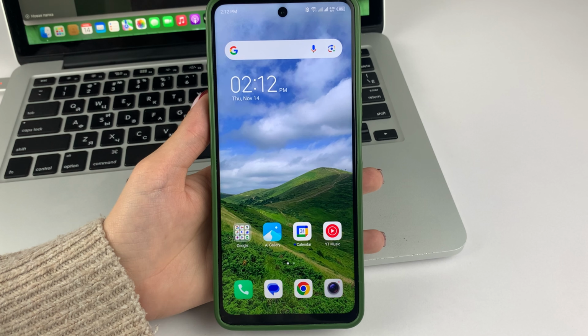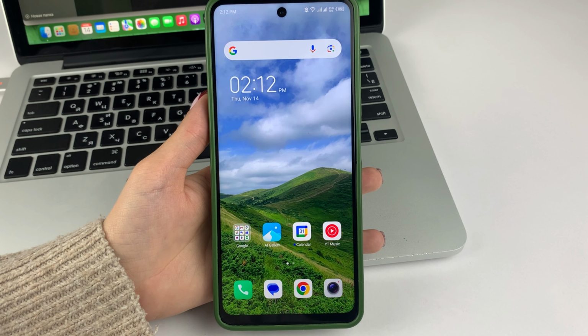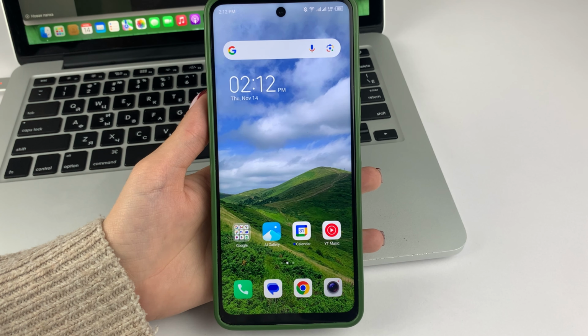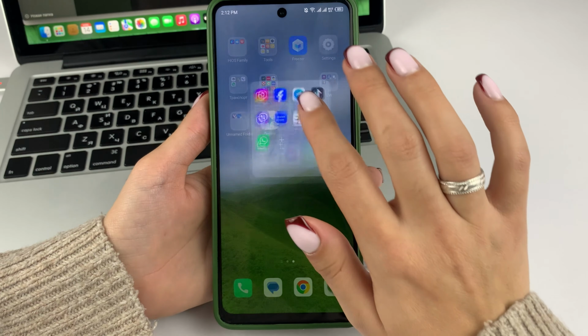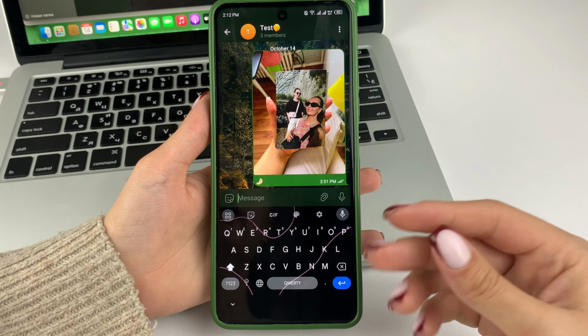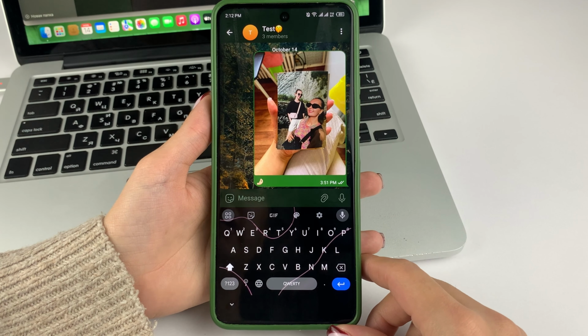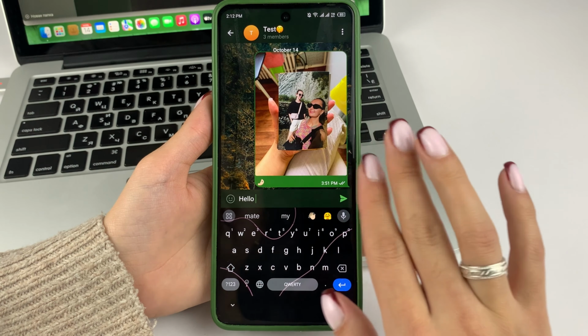An underlined text is such a very cool and interesting feature and opportunity to highlight a piece of text to emphasize something in particular. To do this, you need to open the application itself. Then go to the desired chat. Then write absolutely any text that you need.